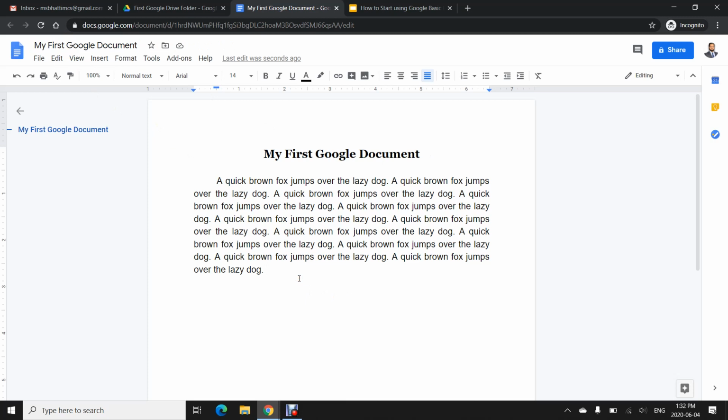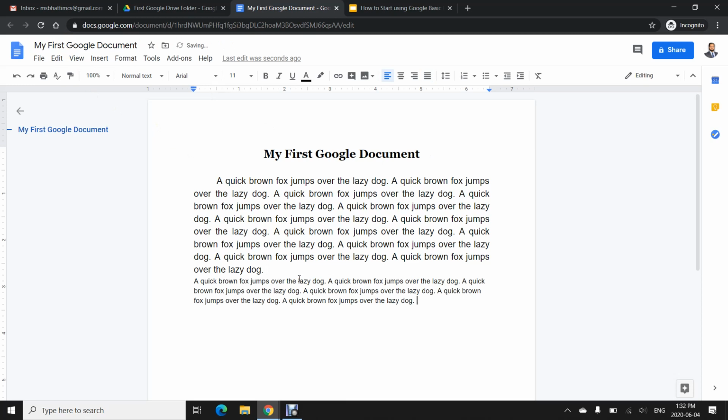One more thing, whatever you write, it is automatically saved. No need to save every time. If the light switches off or anything happens with your computer, your data is saved. Your document, your data is saved. It is saved on the cloud. Okay.